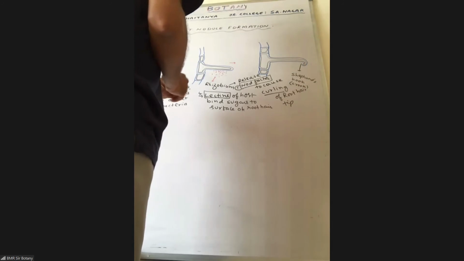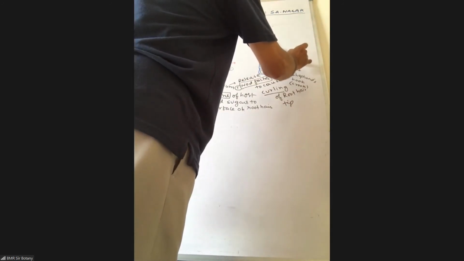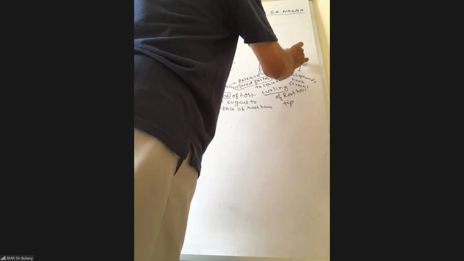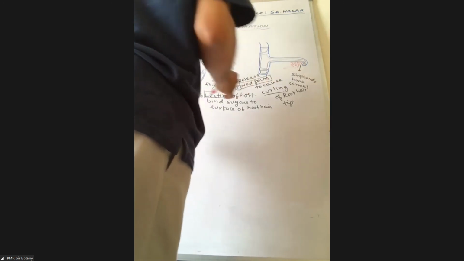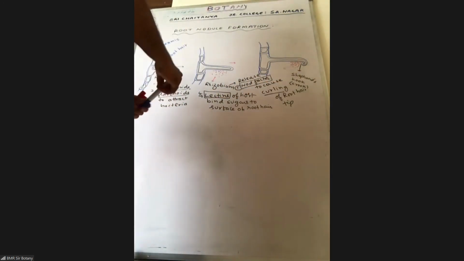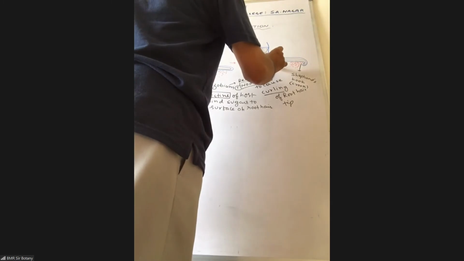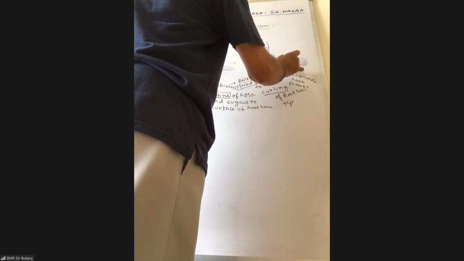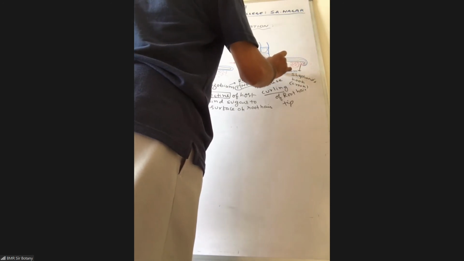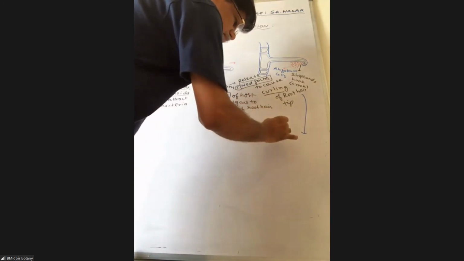So Rhizobium bacteria are there just beneath, accumulated. The importance of this hook is not understood, but that is the region where the bacteria will cause rupture of the cell wall. They digest the cell wall. Rhizobium cells, at this stage,